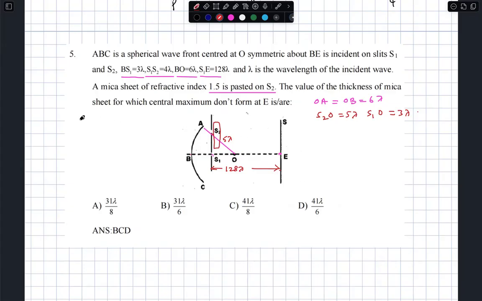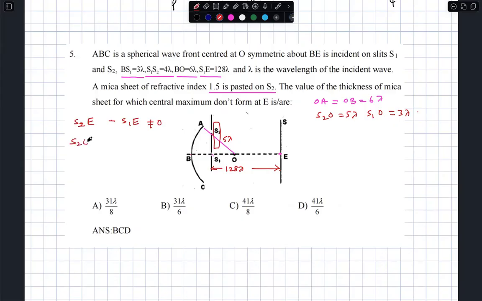What condition do you want? S2E is, if there is no mica sheet, S2E minus S1E is your discussion. S2E minus S1E, if there is no mica sheet, I'm speaking about, is not equal to S2E. Now you write